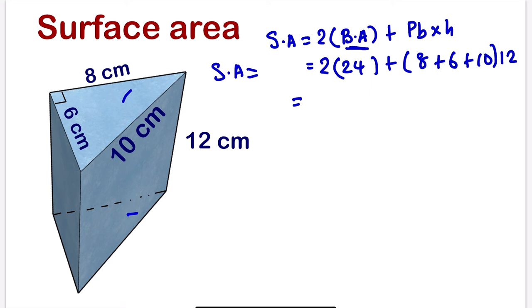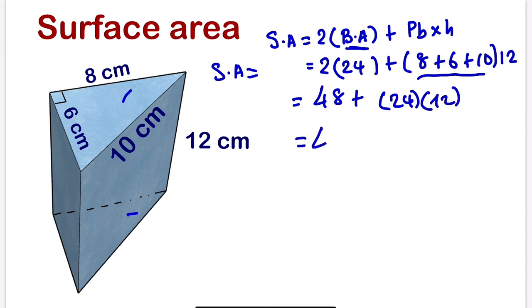So if we multiply these, we are going to have 48 plus, if we add all of these together, 24 times 12. So this will be 48 plus 24 times 12, which will give us